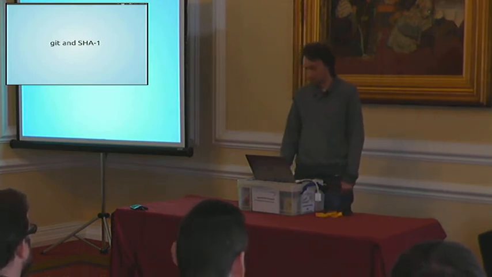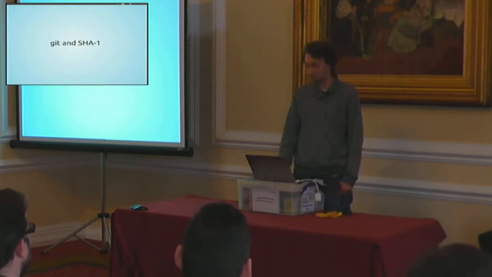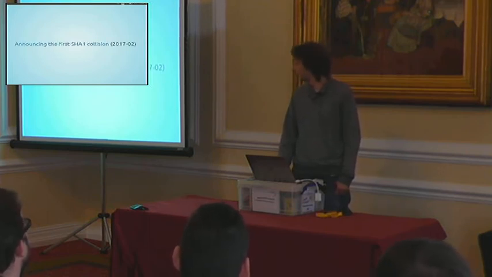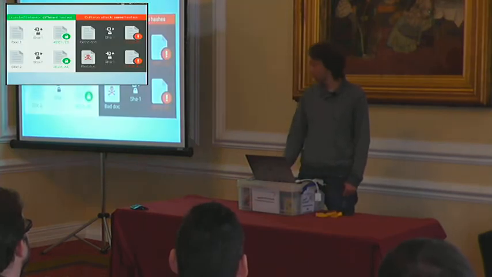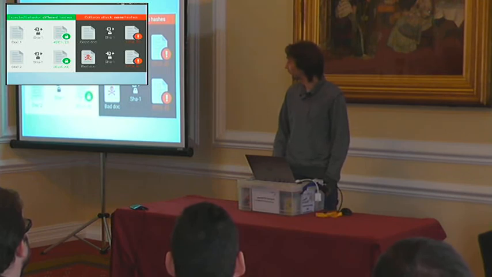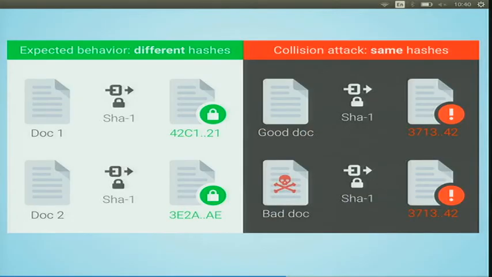Another interesting thing that's happened recently is that so much of the internals of Git are built on SHA-1. And at the start of this year, there was an announcement from Google and some researchers in the Netherlands around a SHA-1 collision. What does this mean in practice? It means that hash functions generally give you one number out from the other end of your input, and it is not obvious how to reproduce that number from multiple different files. So hashing a different file should always give you a different final hash number. A hash collision means you've got two different files, so totally different content, that end up with the same hash.